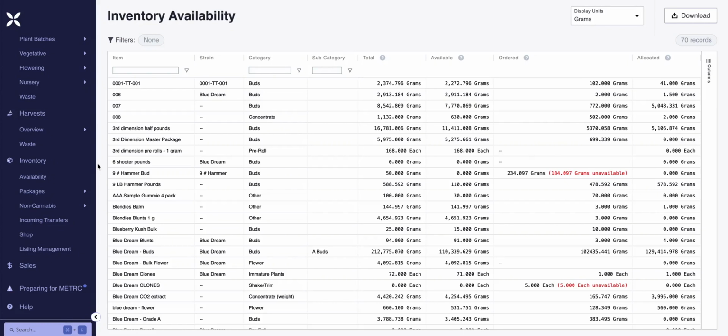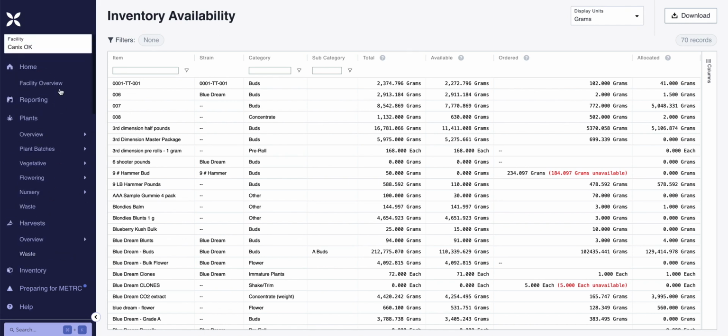In this video, we are going to review some of the basic functions and features from the inventory section on the Canix web app. You can access inventory from the left sidebar, and remember that the cube package icon is the universal symbol for inventory on Canix. We're starting on the inventory availability page, and this is showing a modest breakdown of your inventory based on the